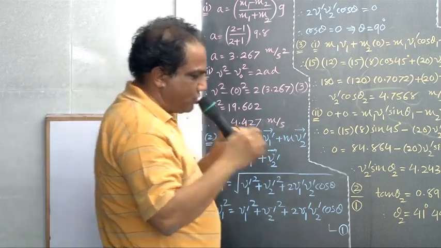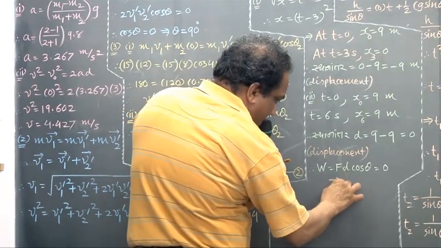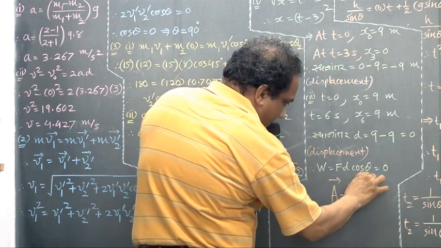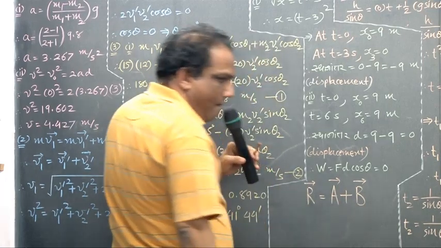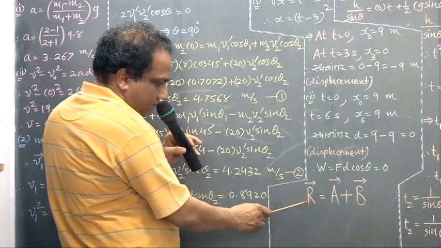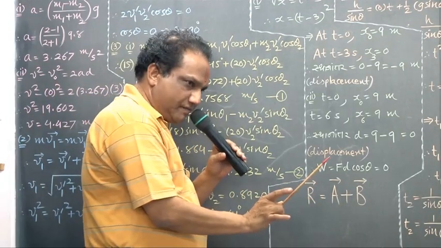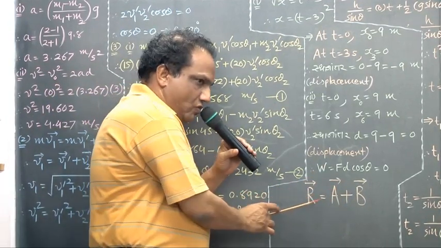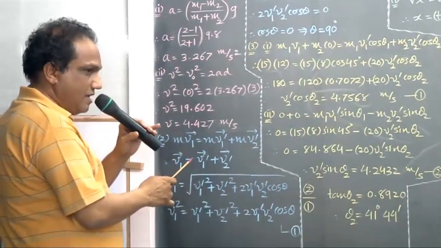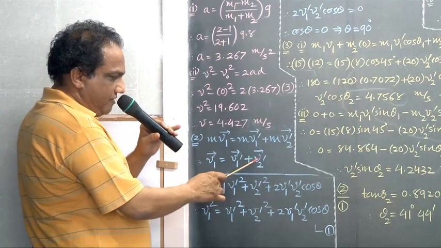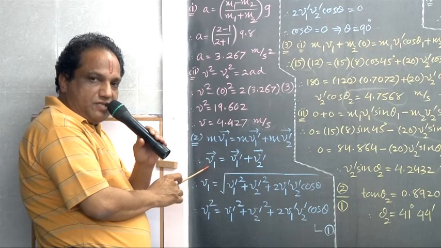Tell me, if I write vector a plus vector b is equal to vector r, correct? Then tell me, what is this? Correct? So this is the resultant vector, vector plus vector will give you the resultant, sure? Now tell me, what have you got here? This velocity plus this velocity will give you this velocity. Correct? So this must be the resultant.